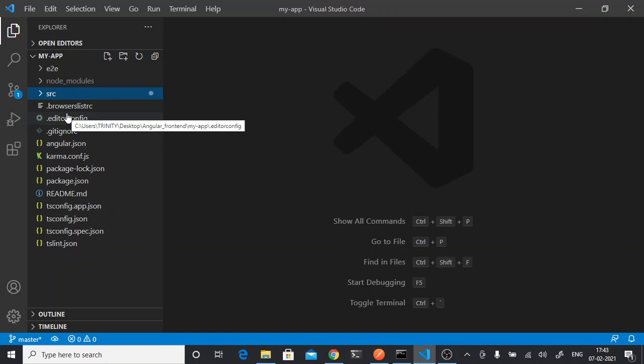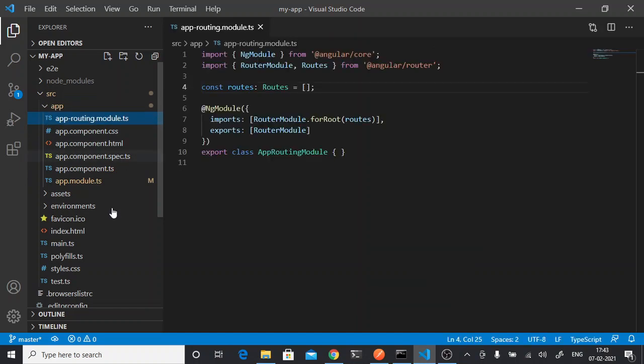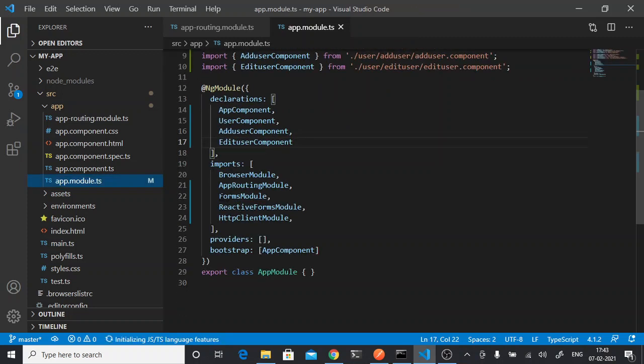So we have this src folder, which is a very important one. Here we have the app folder with app.component.ts, app.component.html, and app-routing.module.ts. The app-routing.module.ts is used for giving the routing, and in app.module.ts you import all your important modules.